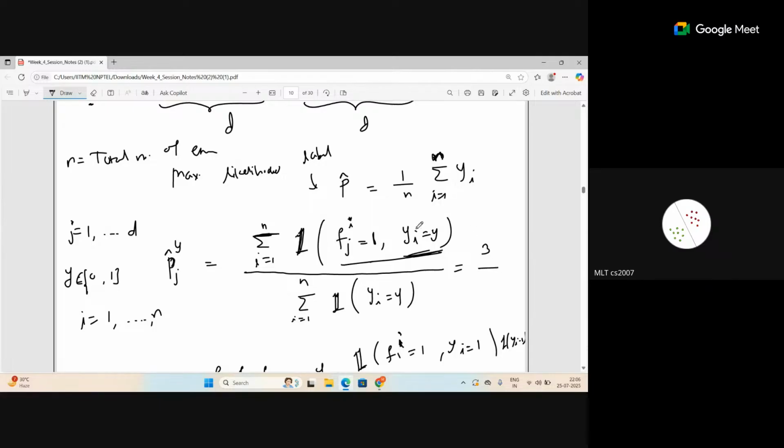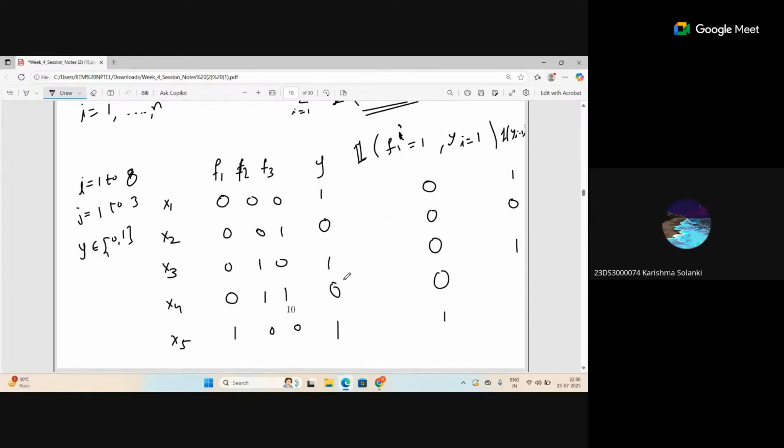This 3 is okay, yes, sir, the numerator part. What about the denominator part? It will return an indicator of 1 when y_i equals y. But y takes only how many values? It takes two values, 0 and 1. So now we are looking for y equal to 1. It will indicate 1 for each such example, right? Yes, sir. We will count only those where the value is 1.